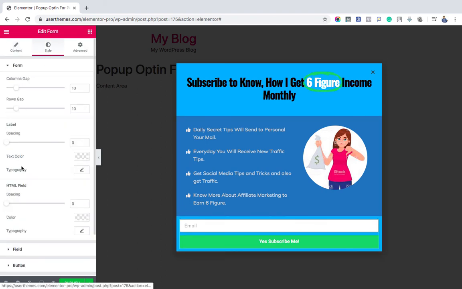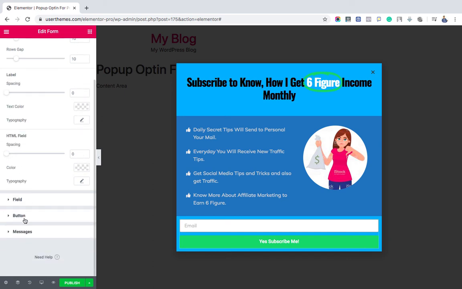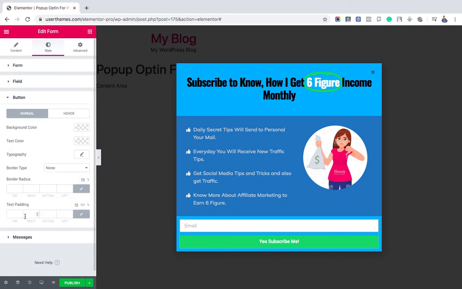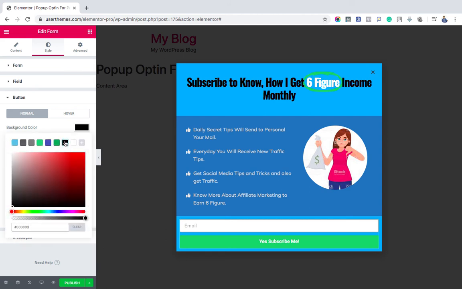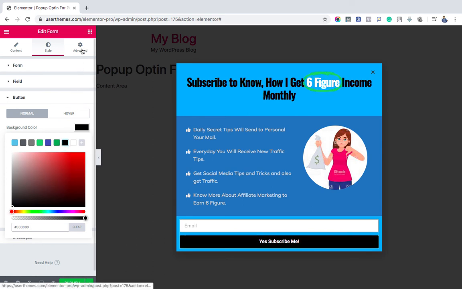You can change the color of the button, and I am changing it to black. These settings come under the style option. See, the color has been changed, and I am moving forward to the advanced section